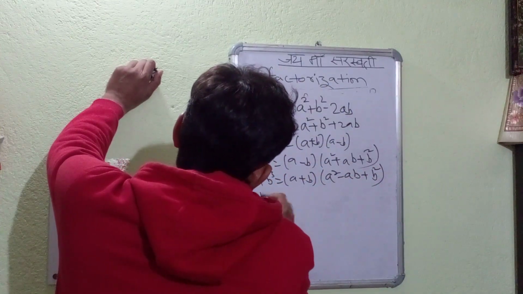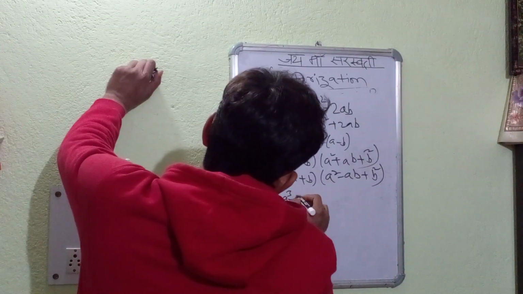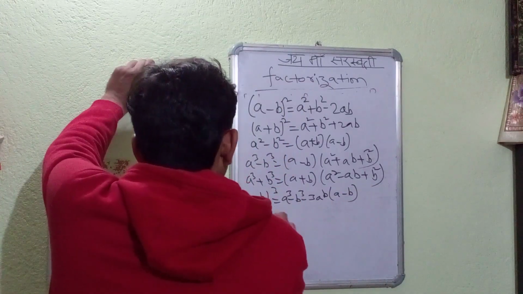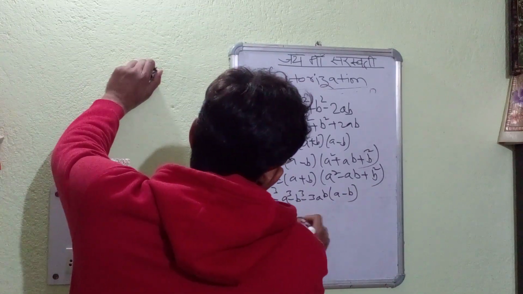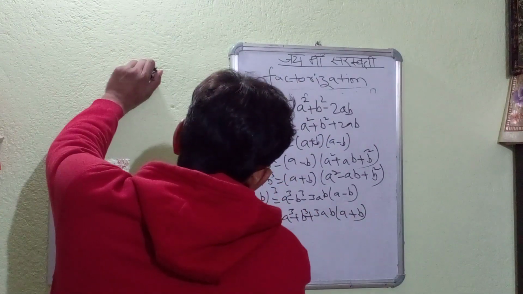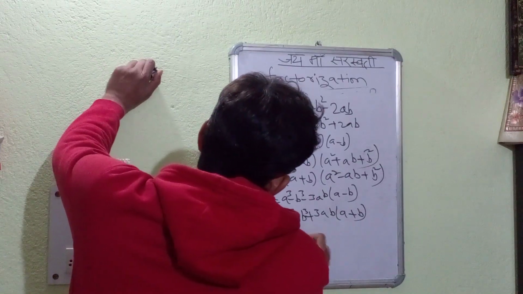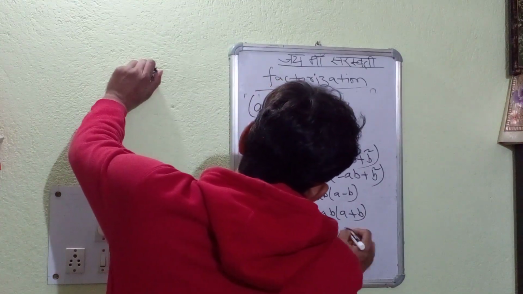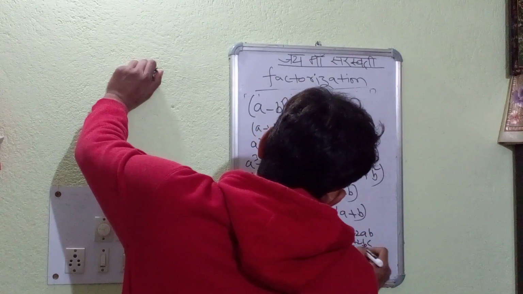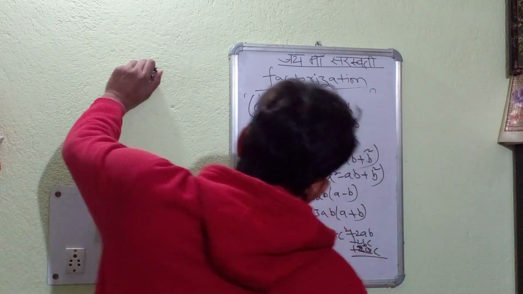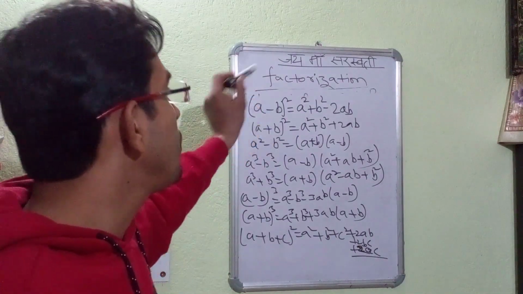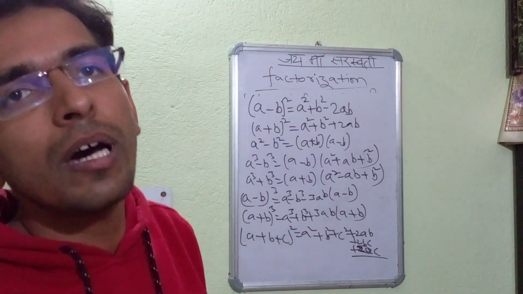Then a minus b the whole cube will be written as a cube minus b cube minus 3ab into a minus b. Then a plus b the whole cube will be written as a cube plus b cube plus 3ab into a plus b. Then a plus b plus c the whole square is a square plus b square plus c square plus 2ab plus 2bc plus 2ac. So on. These are the basic formulas which we will be using in order to solve the problem,